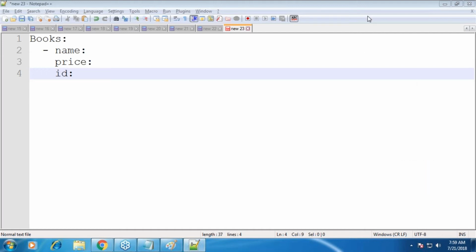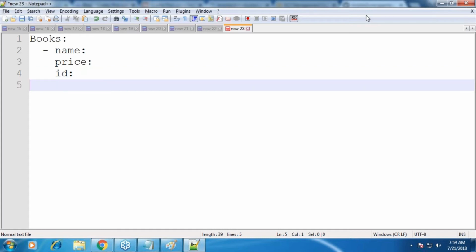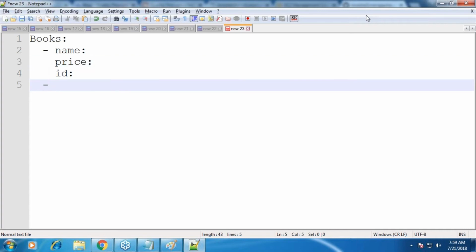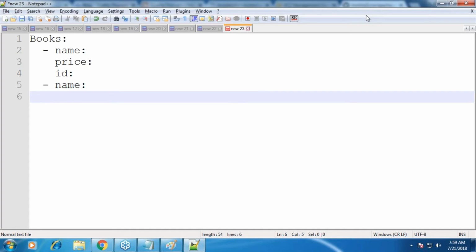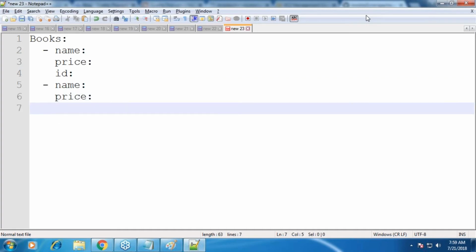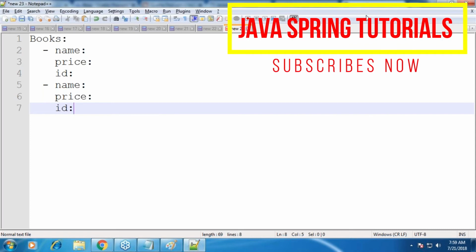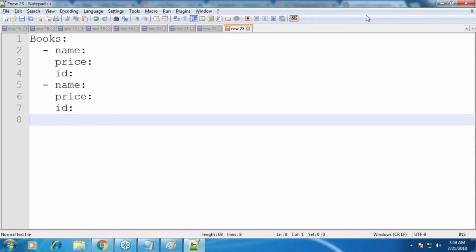Right, fine, okay. So name, price, ID, and you will be writing certain book details over here. So then, okay, will there be only one book? No. The second book also has to start at the same hyphen position. So what is the hyphen position over here? Exactly this. So again, one more book: name, price, ID, or whatever you have to write about a book in a library. You might include who has taken the book or whatever it is. I'm not worried about all the details. So you write about the books, and then books are done.